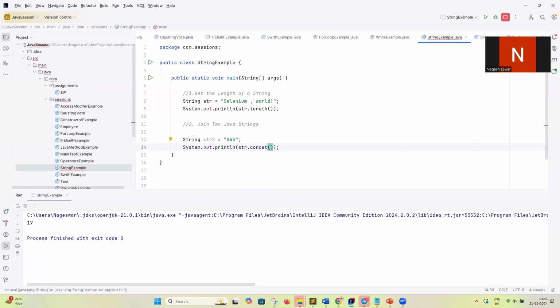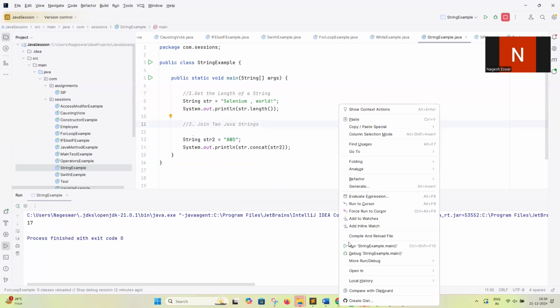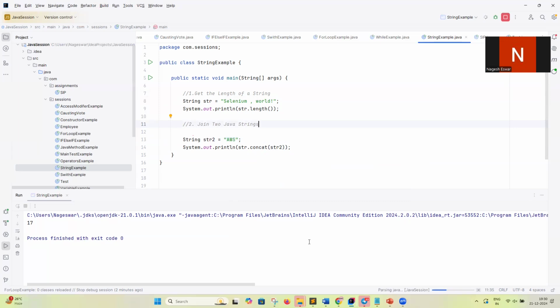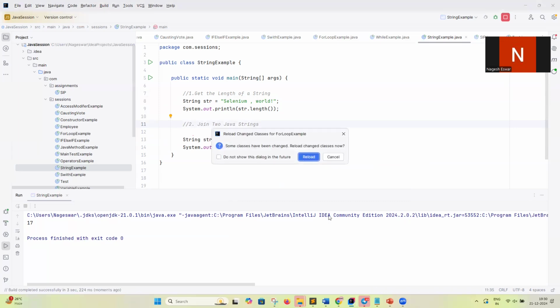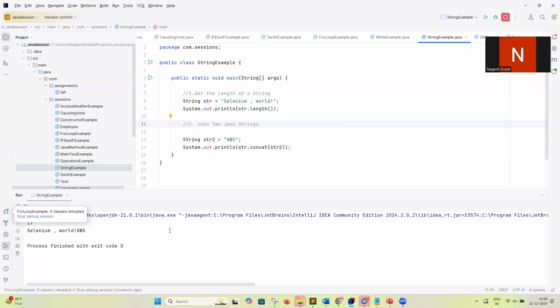The concat method will concatenate the two strings. String one is Selenium, comma, world, and after that I want AWS, so both strings are added together. The result is Selenium, comma, world AWS. You see this is the output here. There is one more way where we can concatenate strings by using